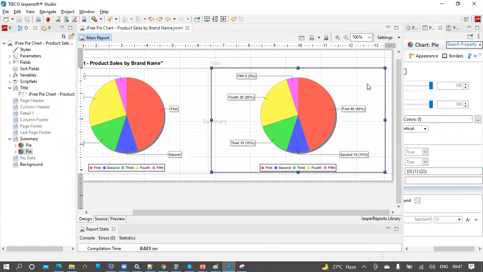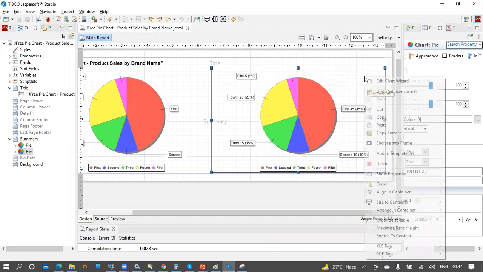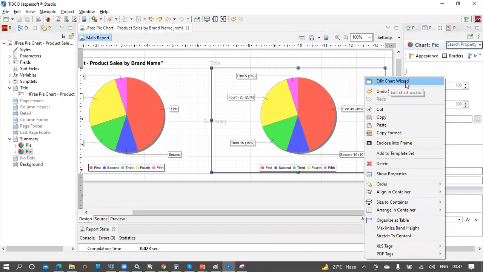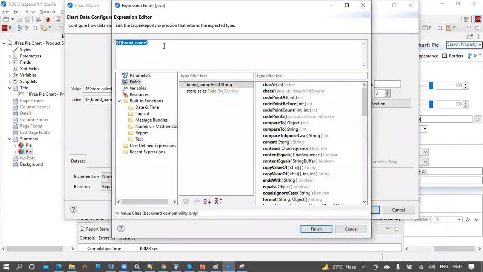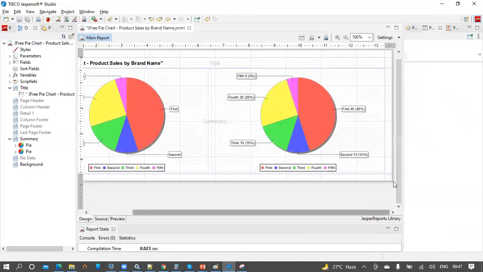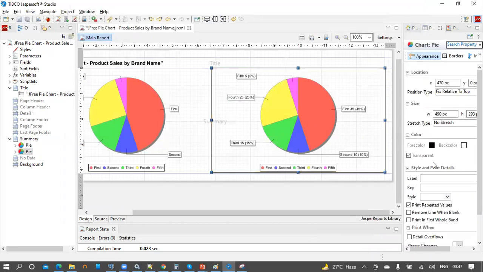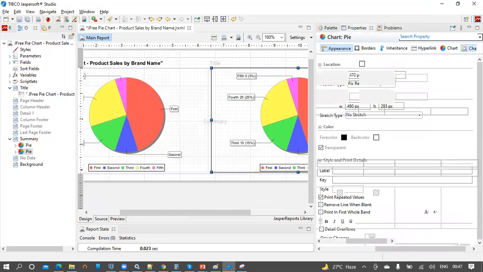So to go back to the chart configuration, we can select the chart component, right click on it, and then click on edit chart wizard. Then we need to skip providing the label for the chart so that we can see these label properties coming up on the output. So let us revalidate these in the properties.